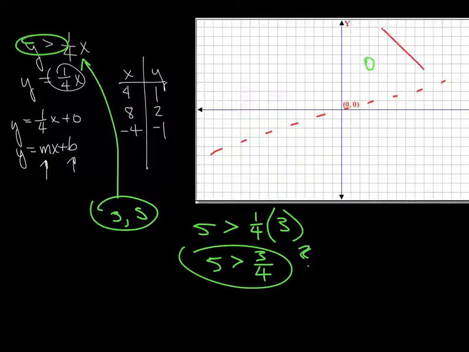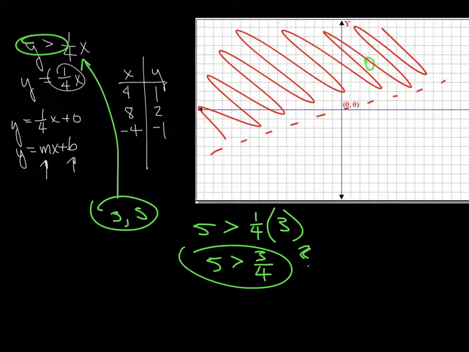Yes, it is. So that means everything above the line is going to be shaded. If it were a false statement, then everything below the line would be shaded. But it's a true statement, so that would be our answer, shading everything above the line. And that is it for